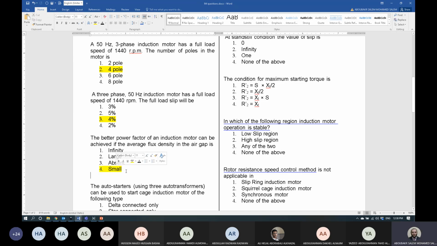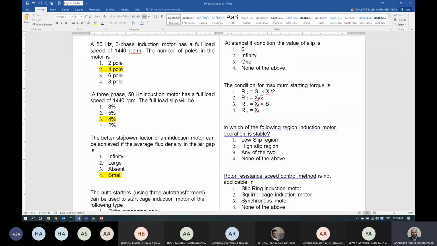This will give you the small value of the inductance part, and at the same time the power factor will be high. Of course, guys, I do prefer to modify the question a bit. The better power factor of induction motor, let's say the better starting power factor,